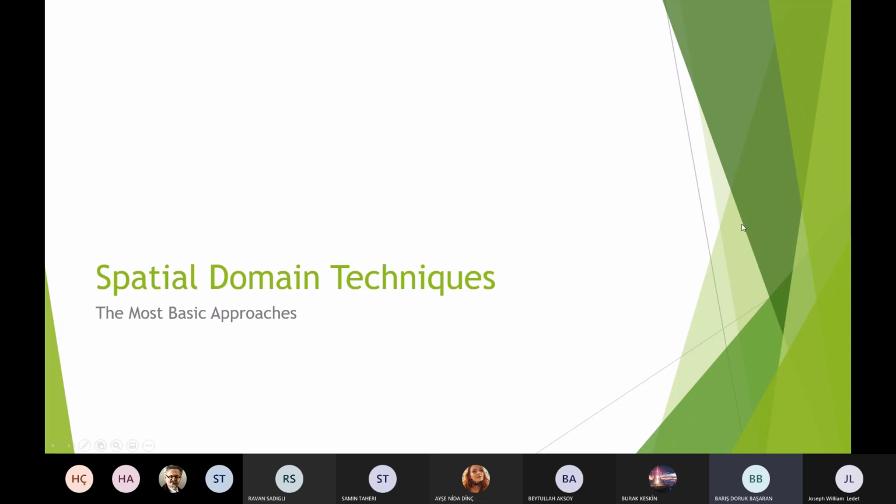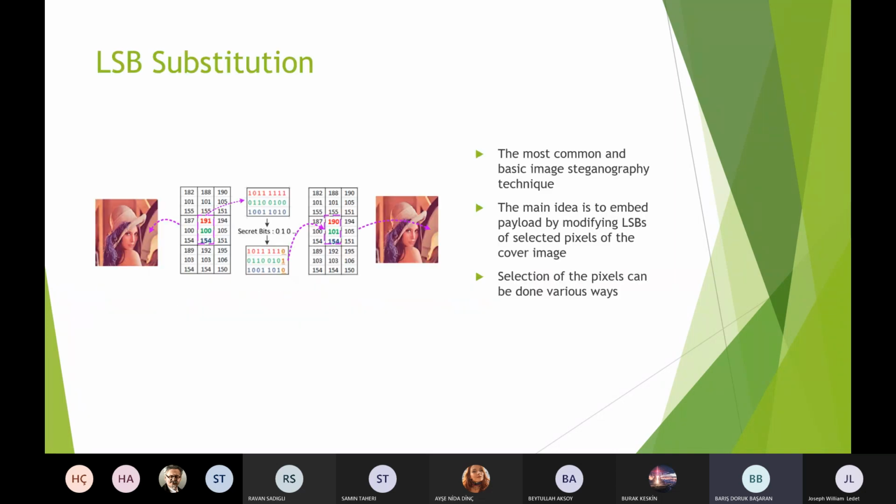Now, spatial domain techniques are the most basic approaches, which were used in earlier days. They are still mostly used nowadays because they are simple to employ and useful in passive warden cases, which are highly likely to be encountered. First of them is the LSB substitution method, the bit substitution method, and these are the common basic steganography techniques